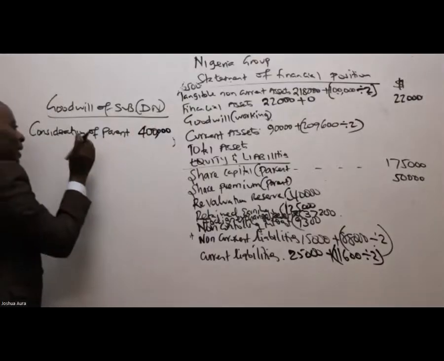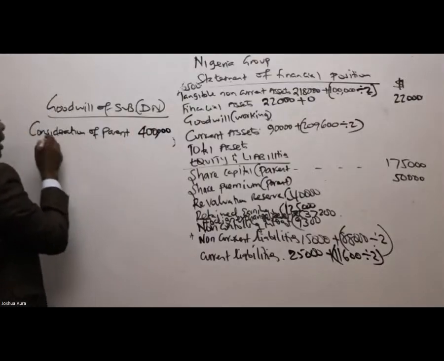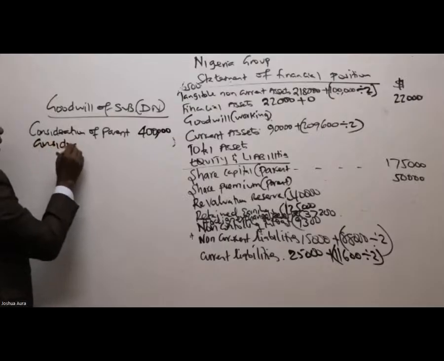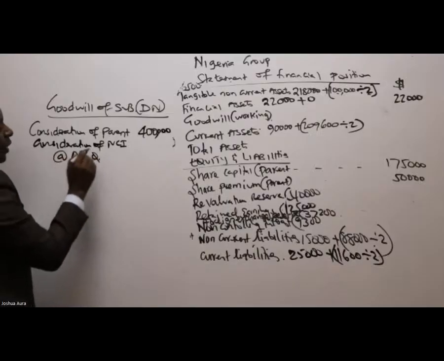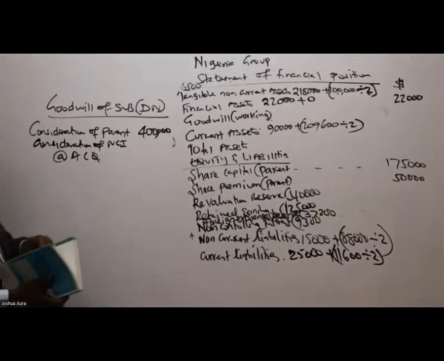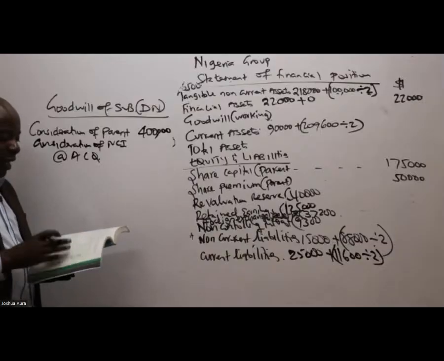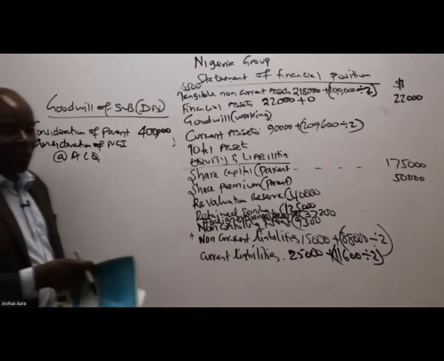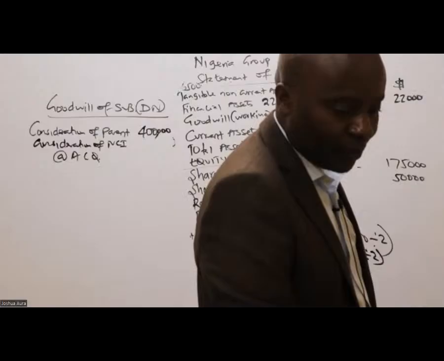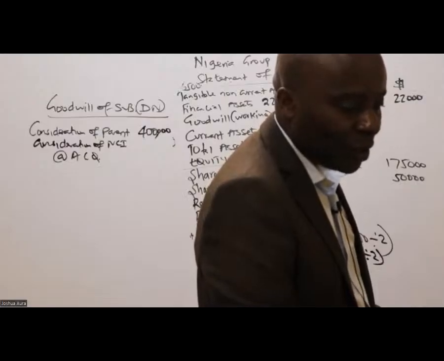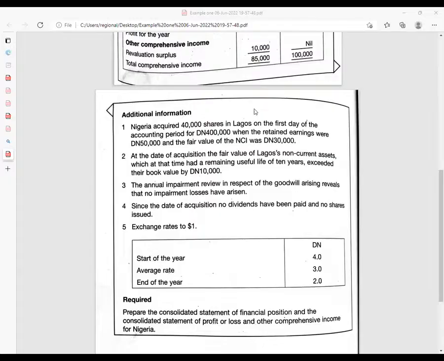Now, of course, the parent never bought this subsidiary 100%. We have the consideration of NCI at acquisition. Are you able to see at acquisition how much NCI was worth? Have they given us NCI at acquisition? How much was NCI worth at the date of acquisition? The fair value, blah blah blah. So you're told somewhere here